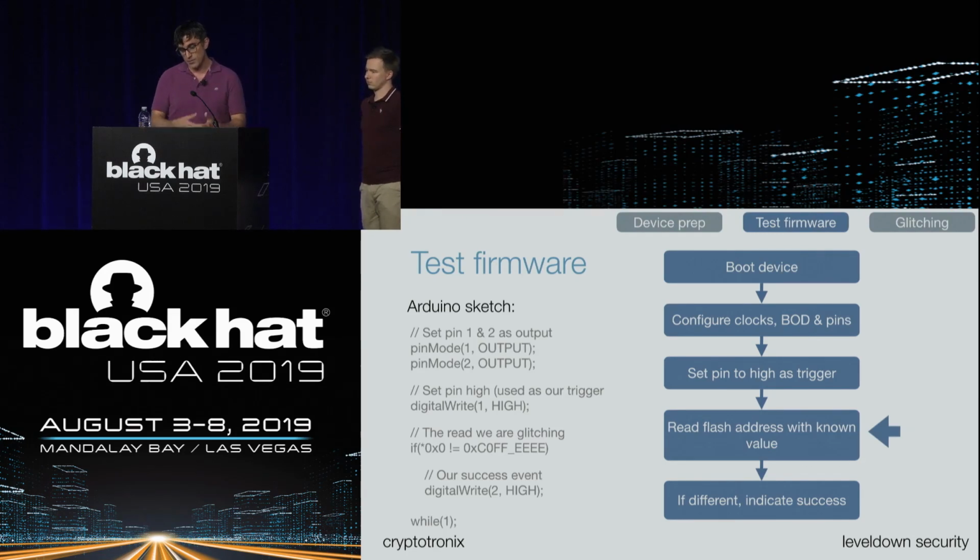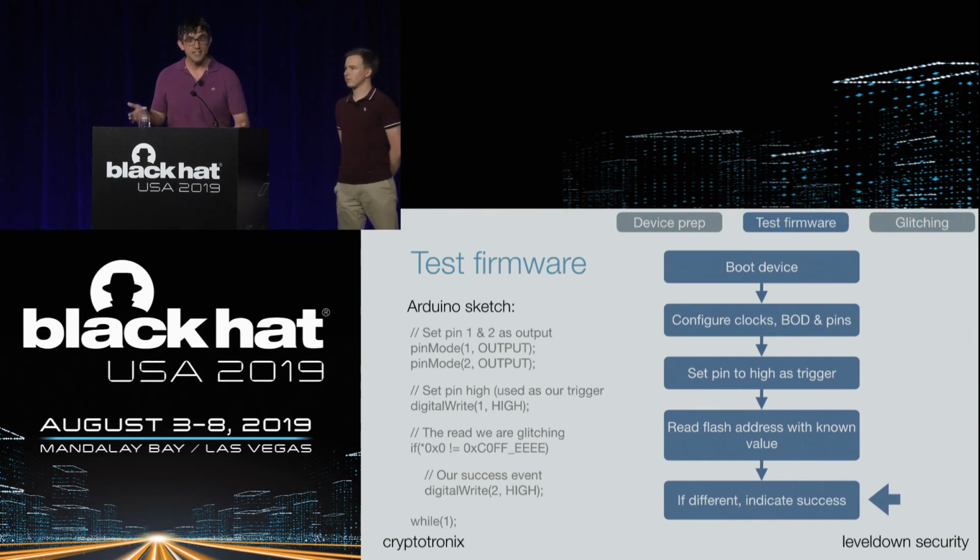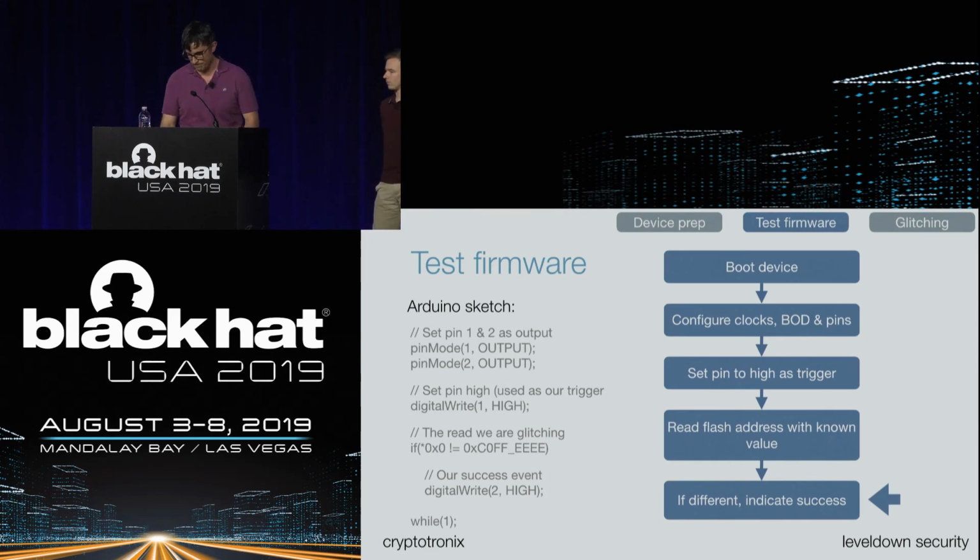So basically what we do is we loop. We have something known in the flash. That could be data that you stuck in there. It could be some of the code. Somehow you know what the flash read should be. And we just loop around. Then eventually, when we apply the glitch, if it's not what is expected, we win, right? So the glitch was successful. You would expect a microcontroller to always consistently read the same thing from flash, right? So you would think this shouldn't exit, but it does when we apply a glitch.